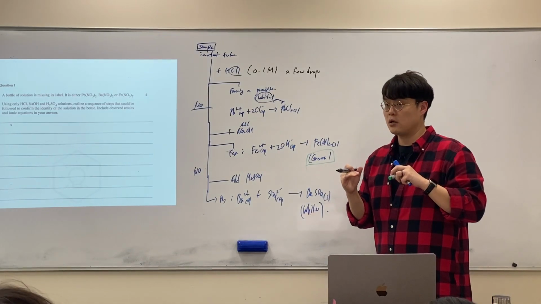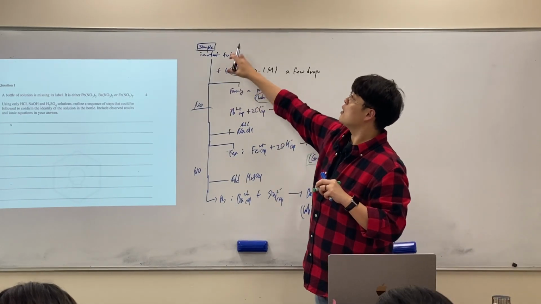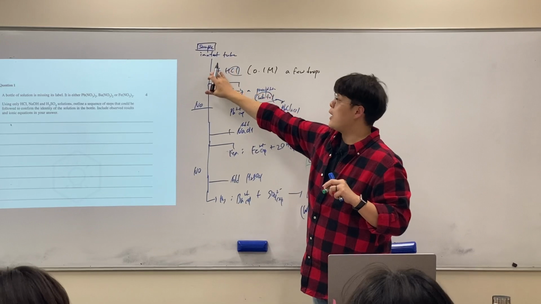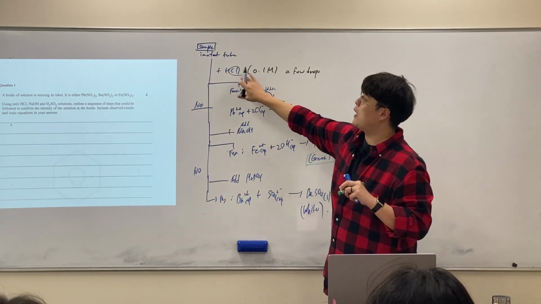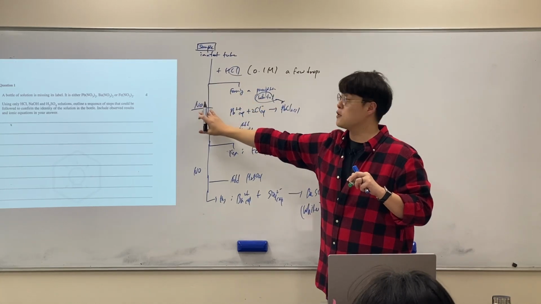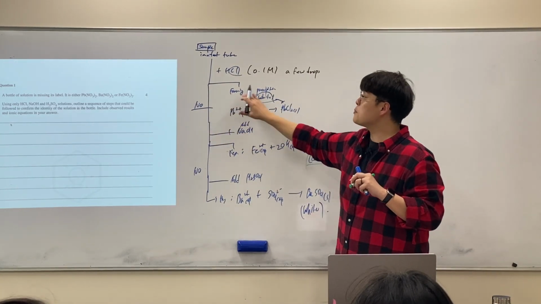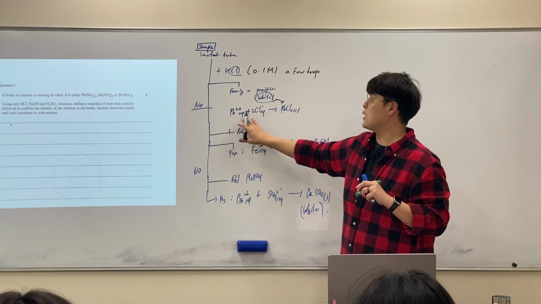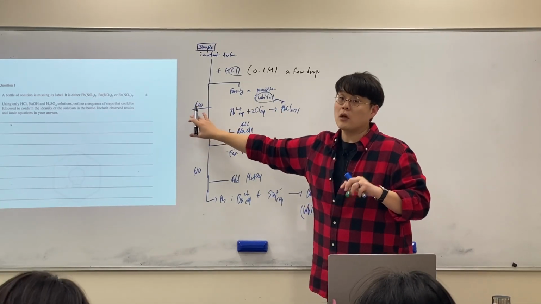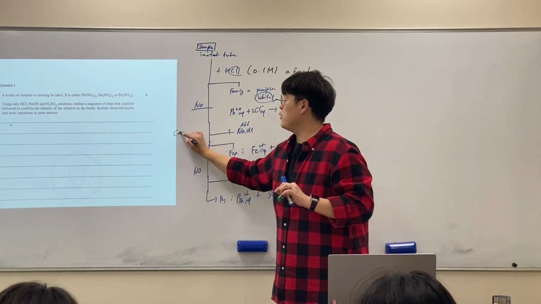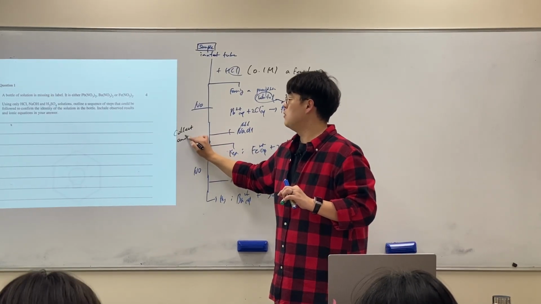Do you get it? Okay, so your step could go like this. Collect the sample in a test tube, add a few drops of the 0.1 molar hydrochloric acid, and look at the observation: if it forms a white precipitate, it must be lead chloride, with this net ionic equation. If it doesn't, you must say collect another sample